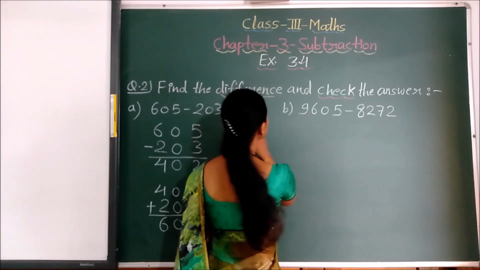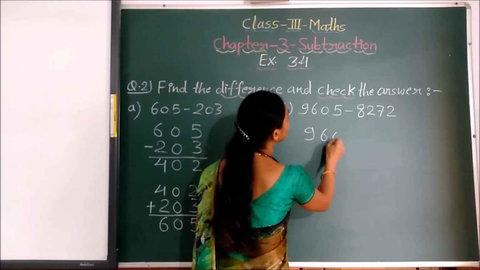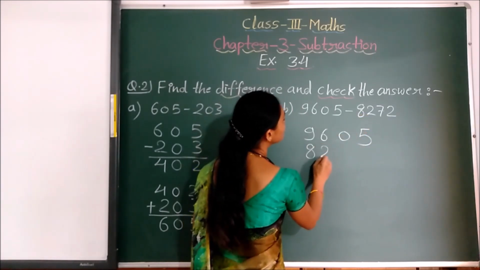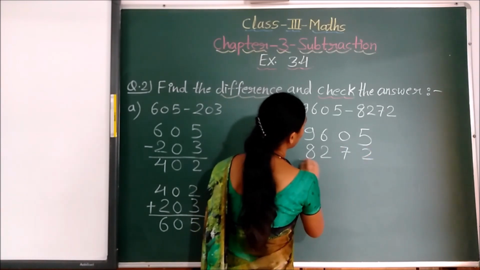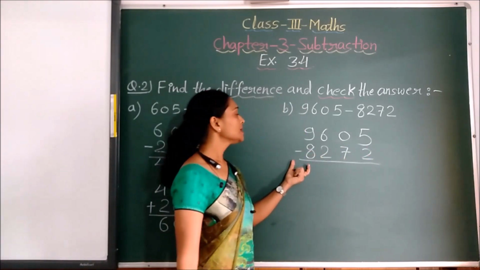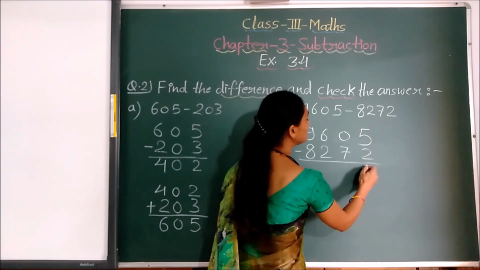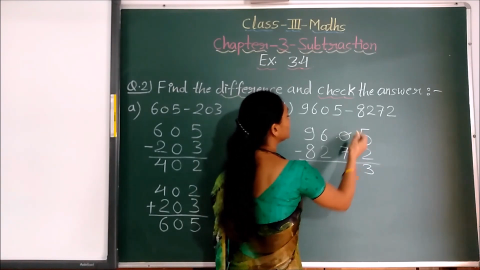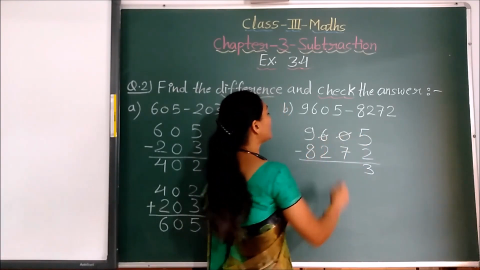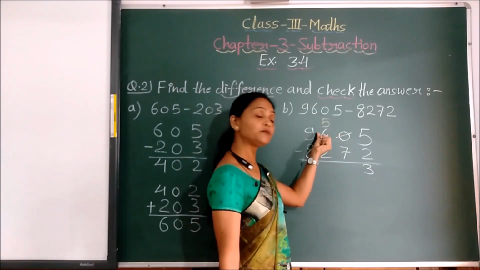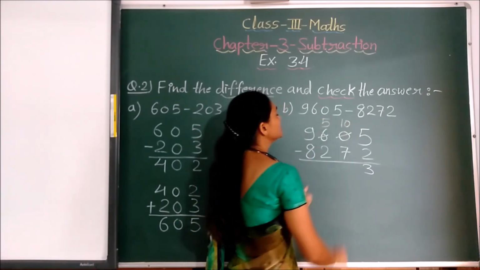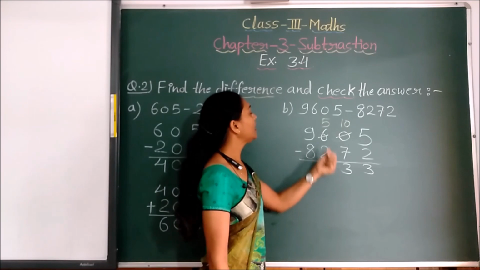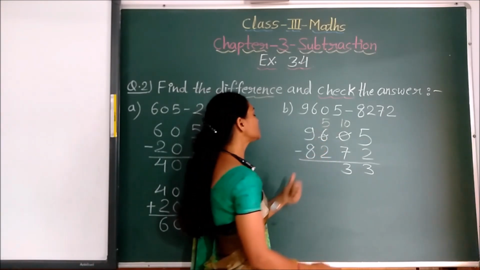See. First we have to write this number 9605 and then we have to write this 8272 and we have to subtract. Yes. Now we will see 5 minus 2 how much it is? It is 3 and then it is 0. So we have to borrow from here. We have to borrow from this. So this will become now 5 and this will be 10. So 10 minus 7, it is 3 again and this 5 minus 2,